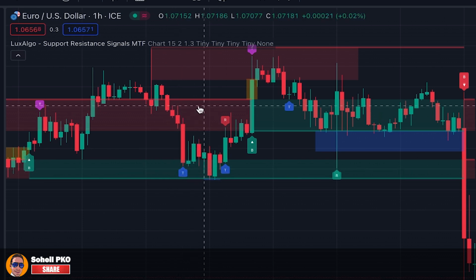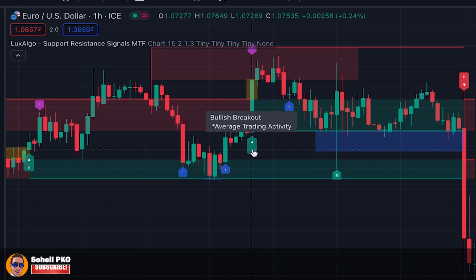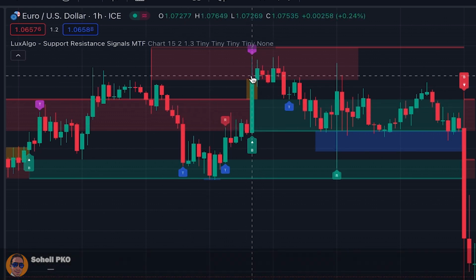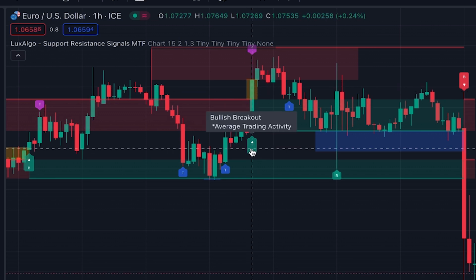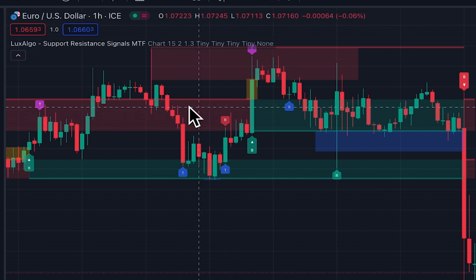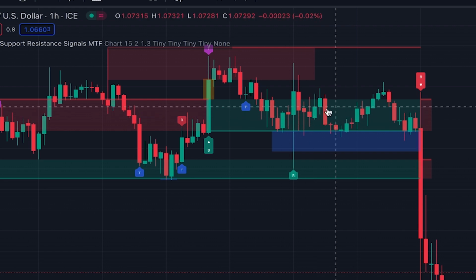When a support or resistance zone is broken, we get label B. For example, here this resistance zone is broken by the help of this candle, and the label here says bullish breakout with average trading activity. And as you know, when a support or resistance zone is broken, it changes role. For example, here this broken resistance level became support zone from here, and you can see that the support zone